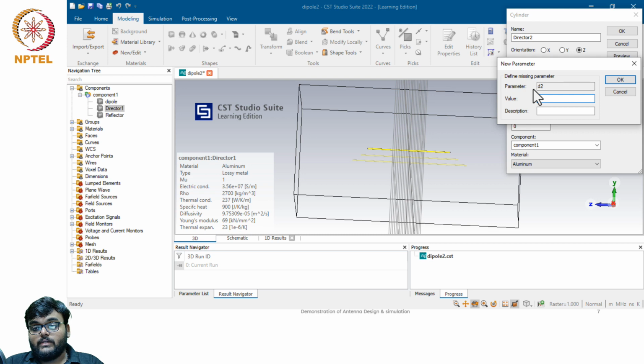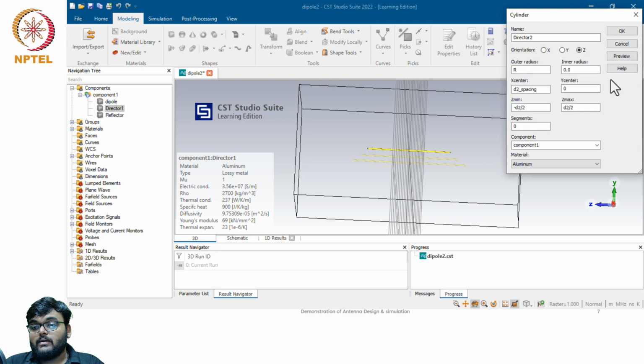Okay, D2 is your length, so we will keep it the same. You can change it and play with it and see what happens. And director 2 length. Okay,